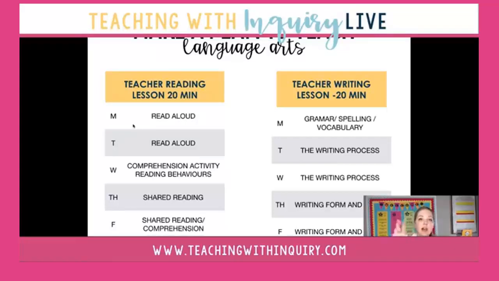So I take the read aloud, and then with the shared reading, I might get students to do the same type of thing where they're making connections and inferences and predictions on what they're reading in the shared reading, but they're taking the lead on it with my guidance, versus the read aloud where I'm taking the lead and they might be helping me a little bit if I'm eliciting their response. But with the shared reading, I'm putting the student with some guidance, but they're doing more of the leading in terms of identifying the comprehension strategies they used while reading.